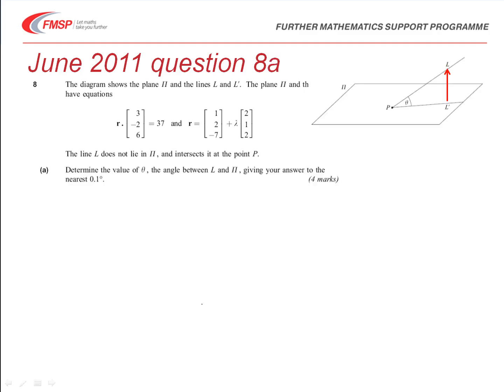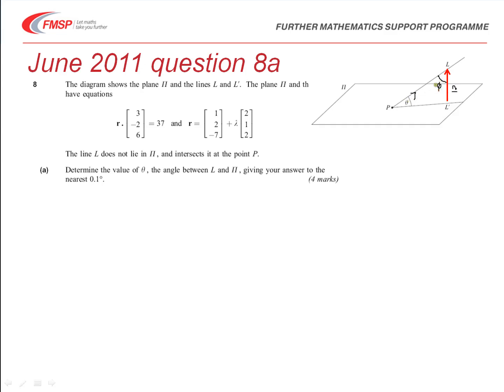So, let's get started on the first part of this question, where you can see we're being asked to determine the value of the angle between the line and the plane. Very much a standard textbook sort of a question for you to do. Since we know the direction of the line, given by the vector 2, 1, 2, and we know the normal is 3, negative 2, 6. It's this vector here. Then by using the scalar product, we can determine the angle phi up here,